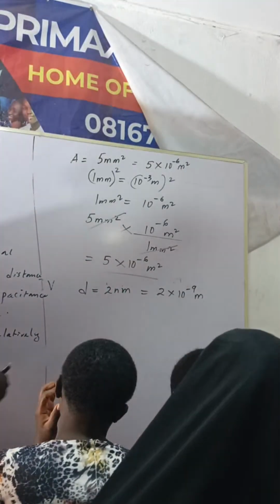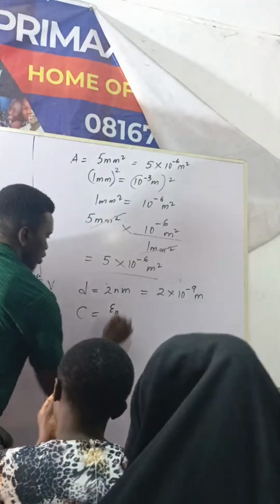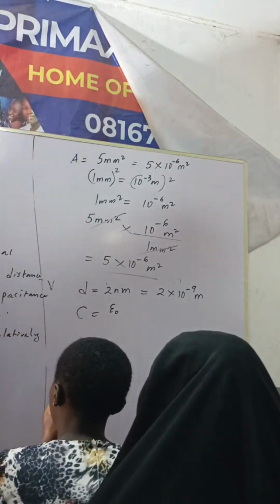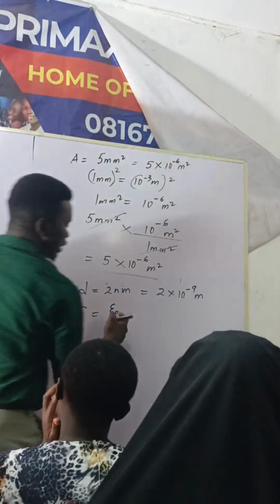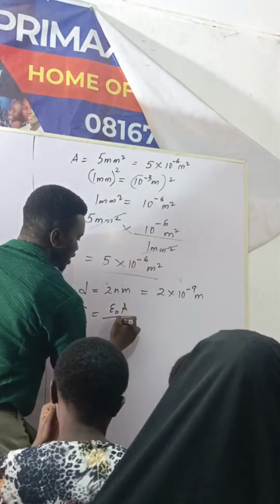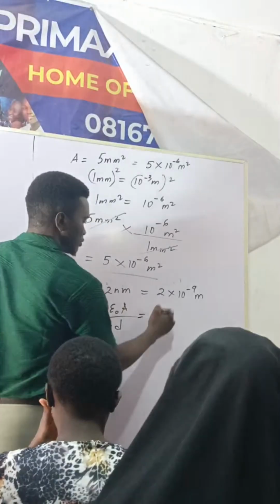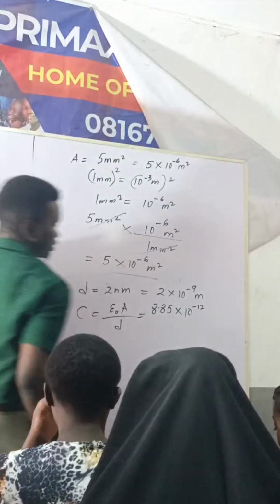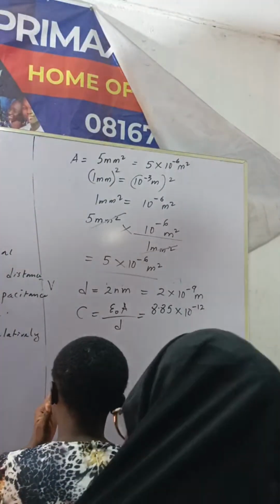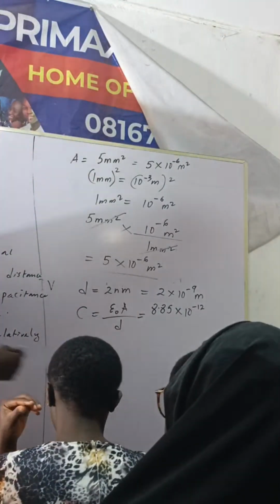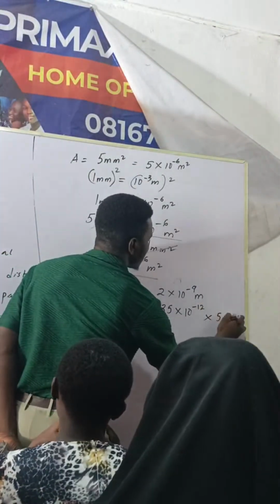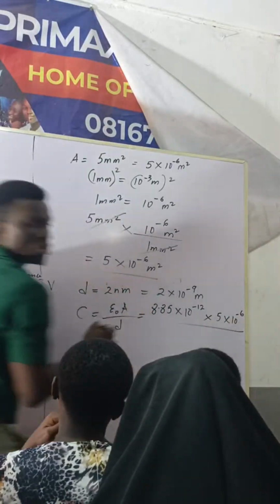As simple as that. So now you can say C is equal to epsilon naught. They said that we should find the capacitance when the dielectric is a free space. So that would be epsilon naught A all over d. And what's our epsilon naught? 8.85 times 10 raised by minus 12. I'm not sure if I can still remember that. Is it correct? Yes. Times A. What's our A? 5 times 10 raised by minus 6 all over